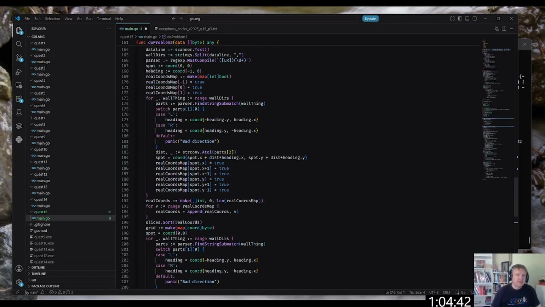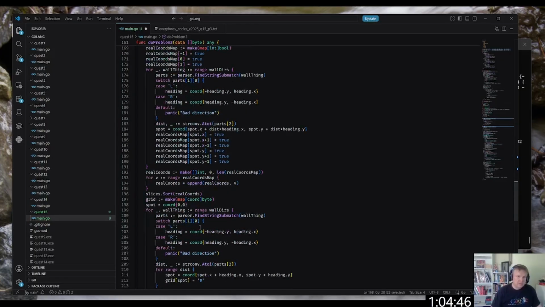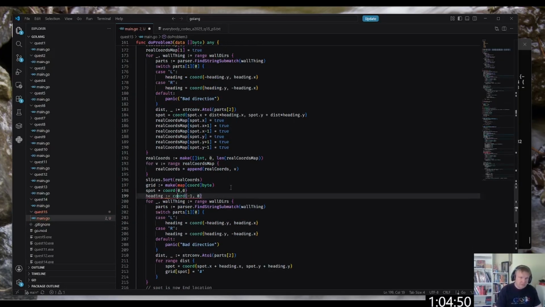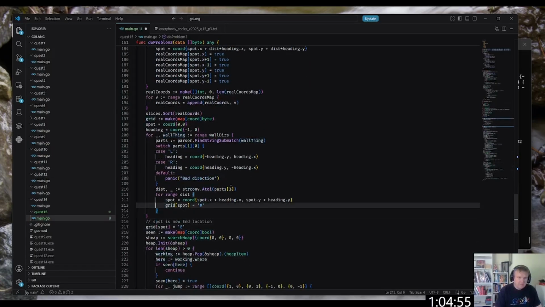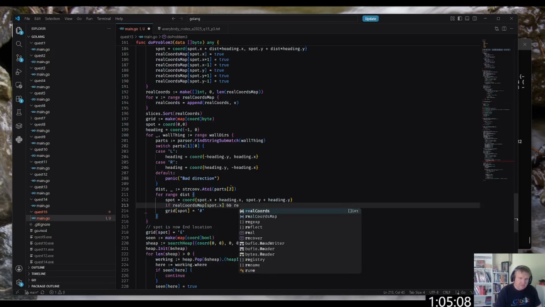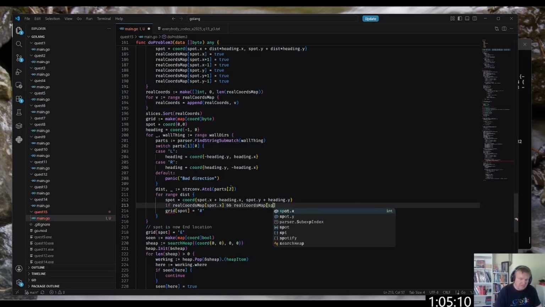I gotta reset heading too. If real chords map of spot.x and real chords map of spot.y